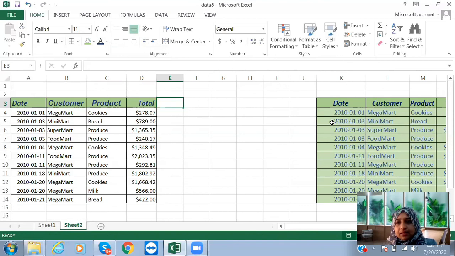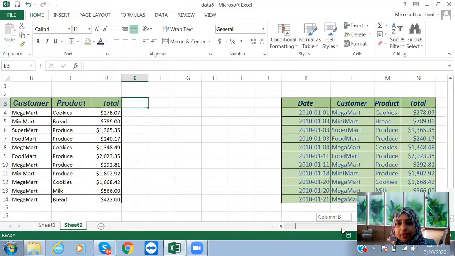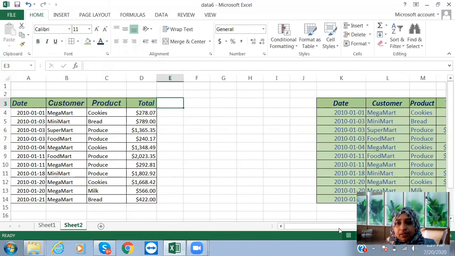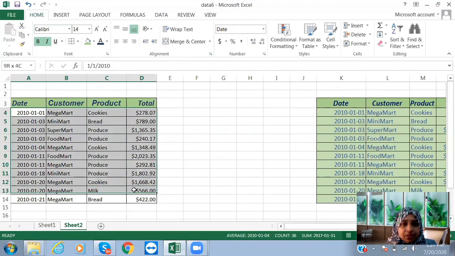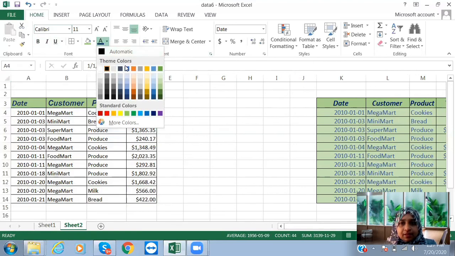Yeah, I think we need to see everything properly. And you can see the font, which font they have used. They have used here, you can see Calibri. So you can check which one this is. This is also same, that is okay. And now you need to change the color of this one. This font color, you need to change it to blue. So come back here and change it.